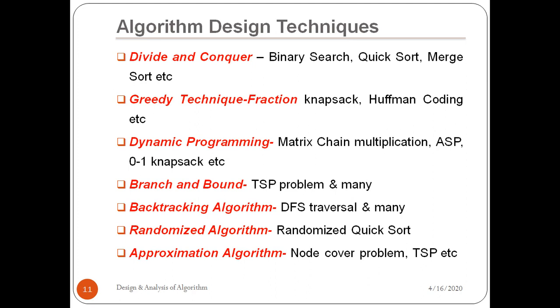I can take a very simple analogy for this divide and conquer technique. Take a bunch of sticks and try to break them using your two hands. It's not easy, but if you take a single stick from that bunch, you can break it easily. So if the problem size is big or complex, you cannot solve it all together. Better to divide your problem into small problems, and individual small problems can be conquered or solved easily. Using this divide and conquer approach, we can solve binary search, quick sort, and merge sort. Already I have discussed all these things, right?